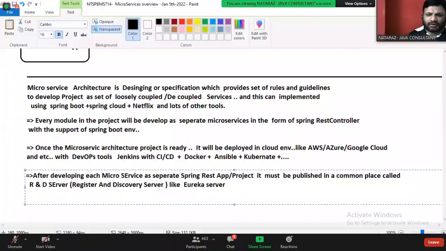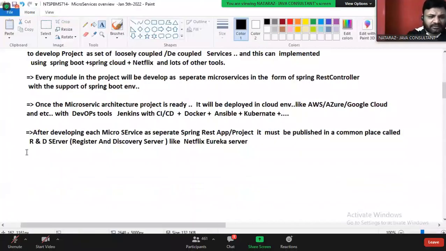Eureka server. Okay. If you want more clarity, Netflix, you know, as an OTT company, but Netflix is providing so many services, boss. At least 30 to 40% of the tools that are required in microservice environment are offered by what? Netflix only, guys. Understanding my statement? Right, guys. Eureka server.